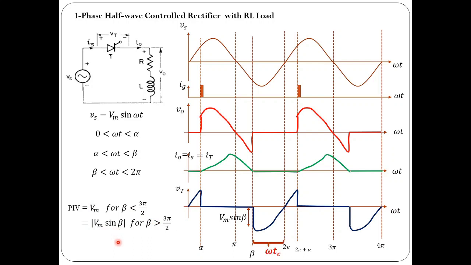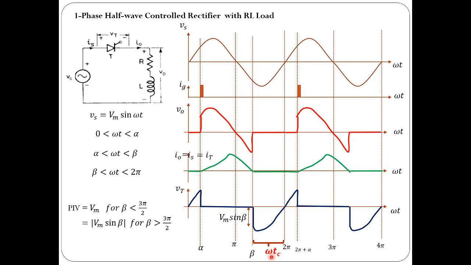And coming to the circuit turn off time. After the thyristor current became 0, we are applying reverse voltage for the period beta to 2 pi. So 2 pi minus beta is known as the commutation angle, and the commutation time, or simply the circuit turn off time, would be equal to (2 pi minus beta) by omega, where omega is the frequency of the supply in radians per second. That way one can find out omega t.